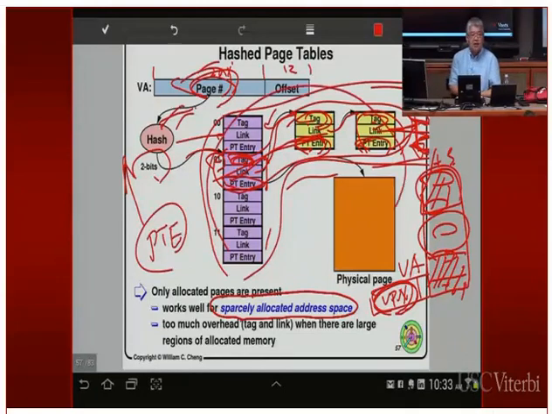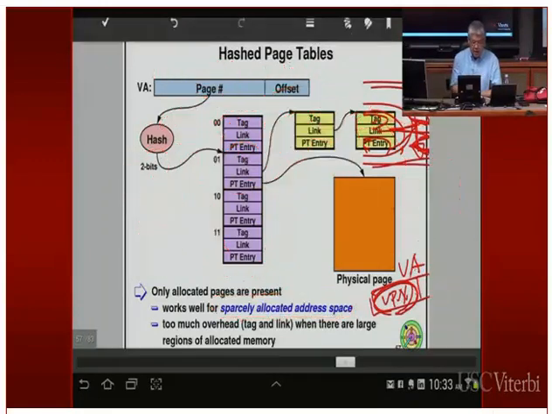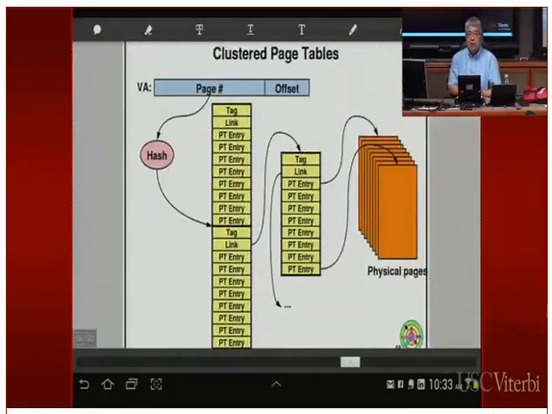So if you use this, then at the beginning, when you start accessing these memory locations, you're going to have conflicts, because in the bottom part of your address space, you're going to end up using many, many pages, tens, hundreds of pages, and all those pages end up in different data structures right here. So you're going to have a long linked list, and your performance is going to suffer because you'll be traversing this linked list all the time. So one way to do this is to shorten the linked list, and that solution is called clustered page table.